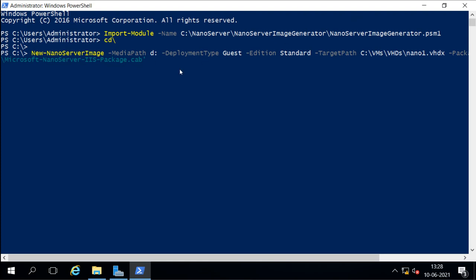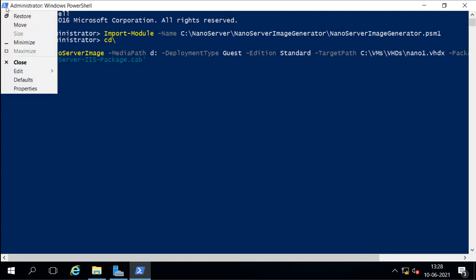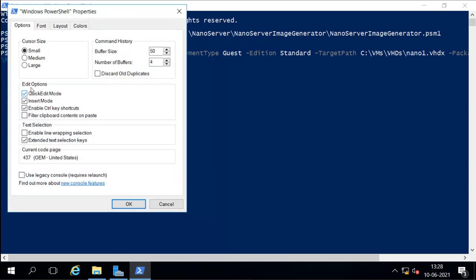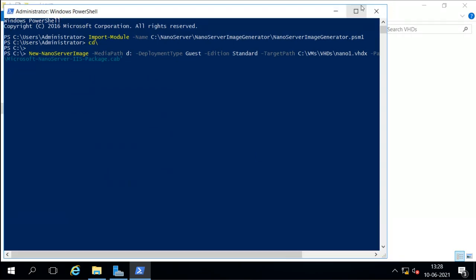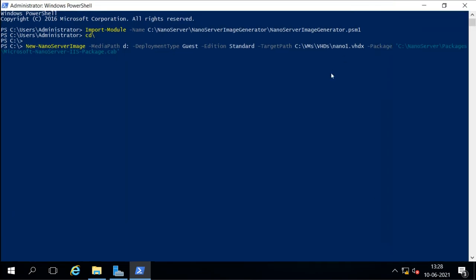Okay, a little more. Okay, now the command is fitting here. We can see the command starting from here: nano server image, media path, deployment type, edition, target path where we want to create the virtual disk, then the package which we want to install, and the location of the package. It is under the C nano server packages directory, and under that we have all these packages.